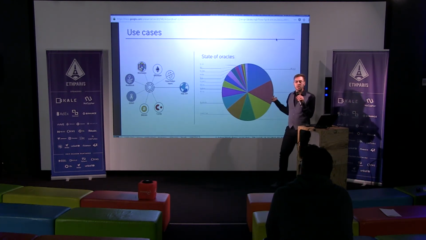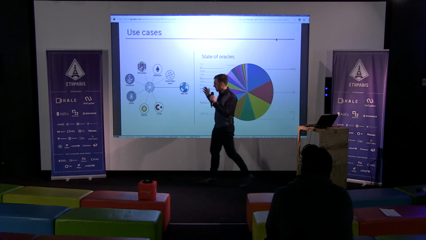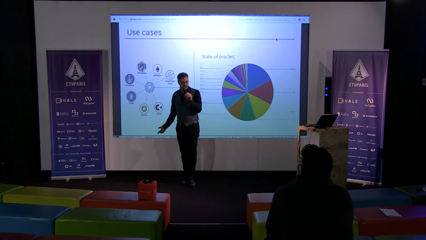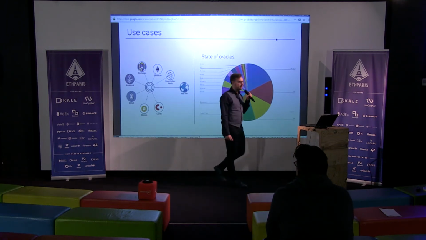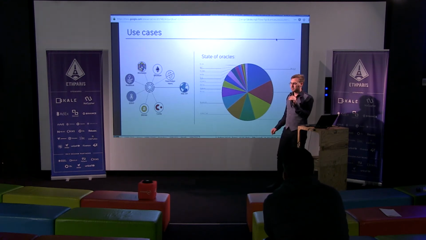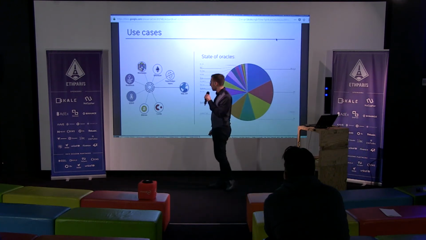So in the rest of the presentation, I will be showing the existing interface of Oracleize, which is the one you find on every blockchain and on the Ethereum mainnet. And this is the one that is being used by approximately 1,000 projects on GitHub. So if you go on GitHub and look for the Oracleize API, you will find, I think now, a bit more than 1,000 repositories making use of that for their Ethereum projects.